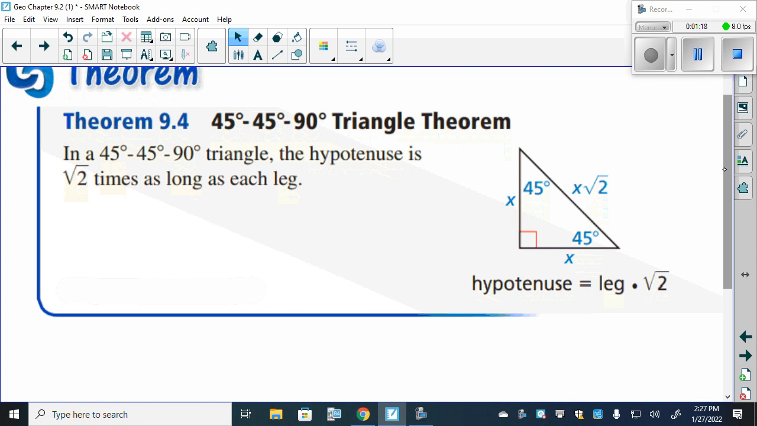And by our theorem here for a 45, 45, 90 right triangle,